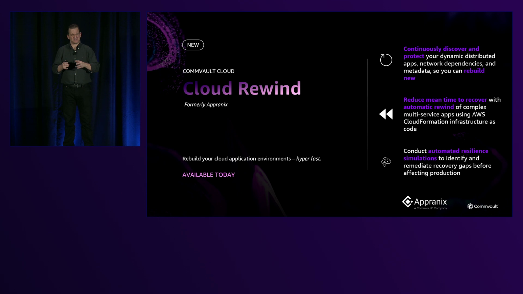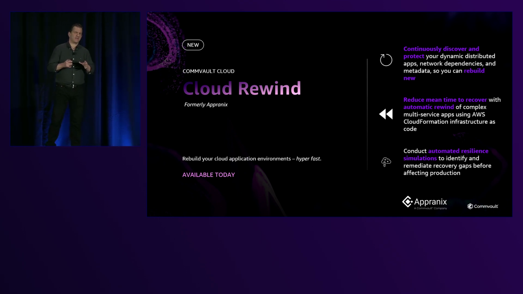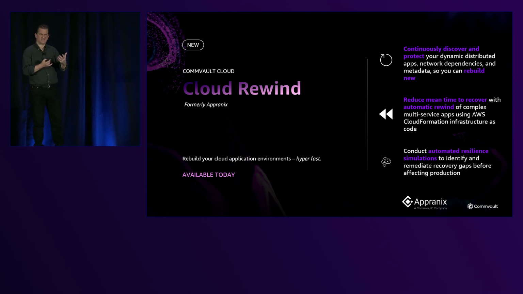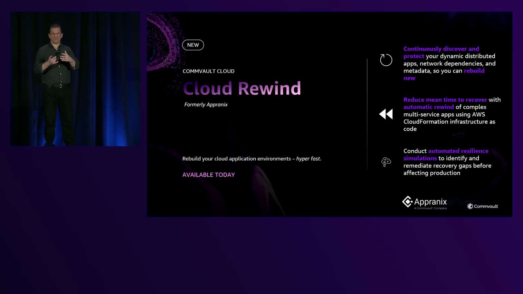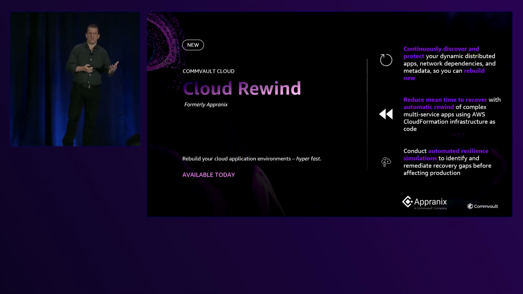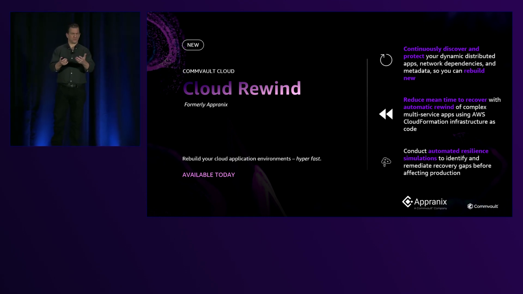And the current methods of protection weren't capturing everything they needed to recover quickly. So Cloud Rewind is unique in the industry in that it continually discovers and detects both your data and all of the dependencies or the dependent resources for your application and all of their associated configuration or metadata, and protects that, obviously. And the goal here is to allow you to rebuild those applications new should you need to recover the entire application, or should you need to move it to a new location, or even test recovery in another